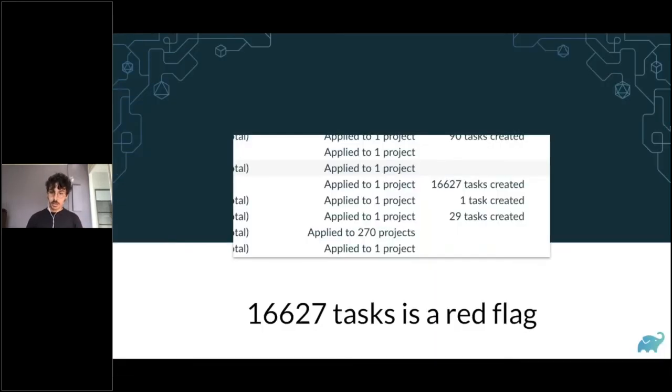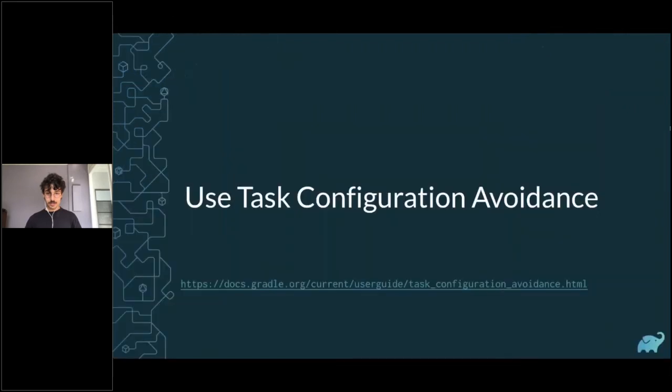Okay, so another thing to look at for red flags in your build is lots of tasks being created. In this case, there are 16,000 tasks being created. A simple way of avoiding this is to use task configuration avoidance. This is a new API in Gradle. The docs tell you exactly what to replace, the way you access tasks, with another way. I won't get too deep into that right now,